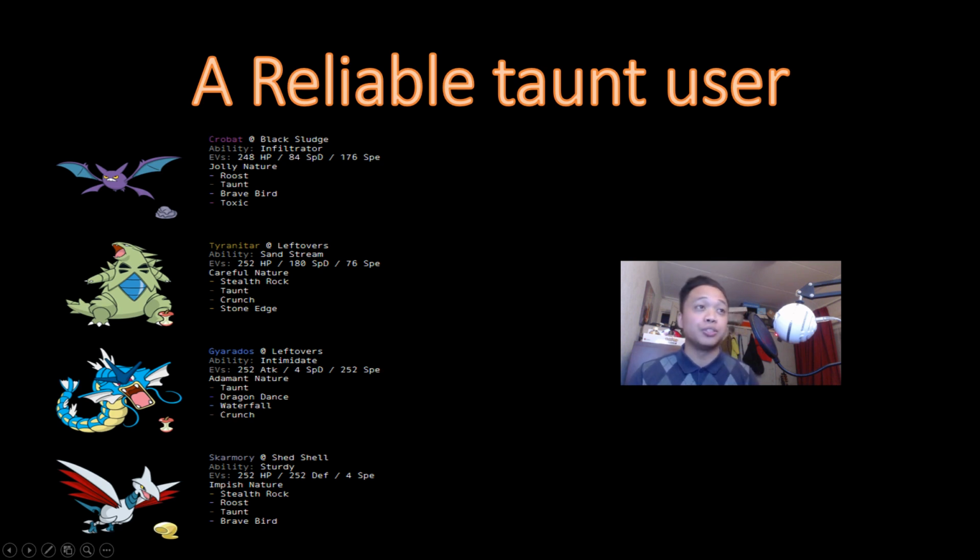So some very good examples of Taunt users are Crobat. Crobat has access to Taunt, and he also has access to Roost, which allows Crobat to keep Blissey taunted. Crobat only has to be careful about the Psychic attack, in combination with special defense drops, if Crobat is not running full HP. But if Blissey doesn't have Psychic, then he doesn't really care about any of the coverage moves at all. The combo I would like to use with Crobat is to Taunt first if you don't have Toxic,